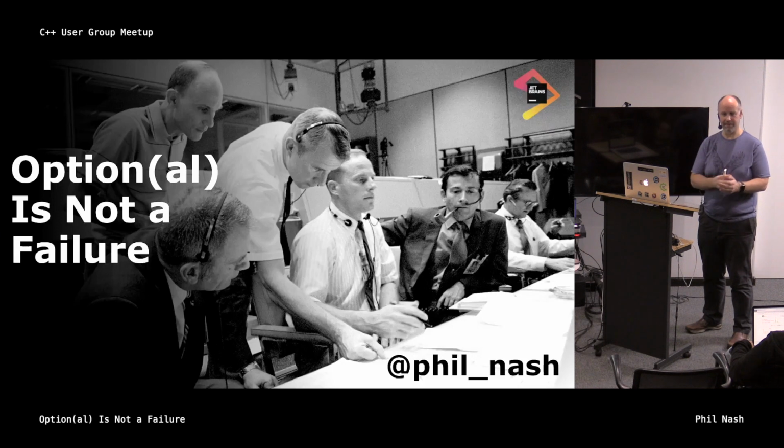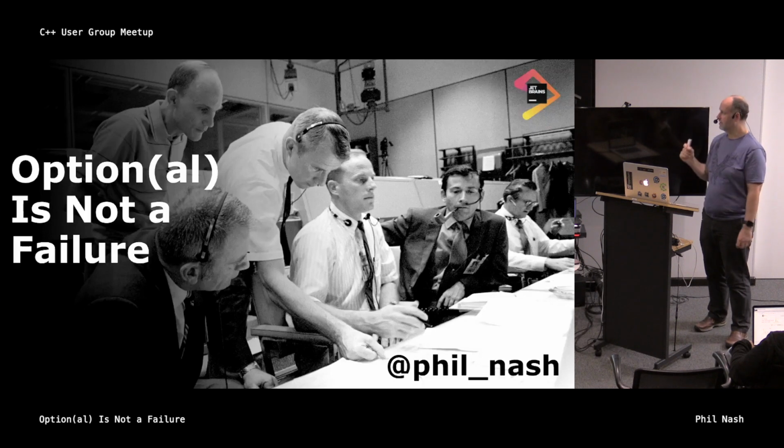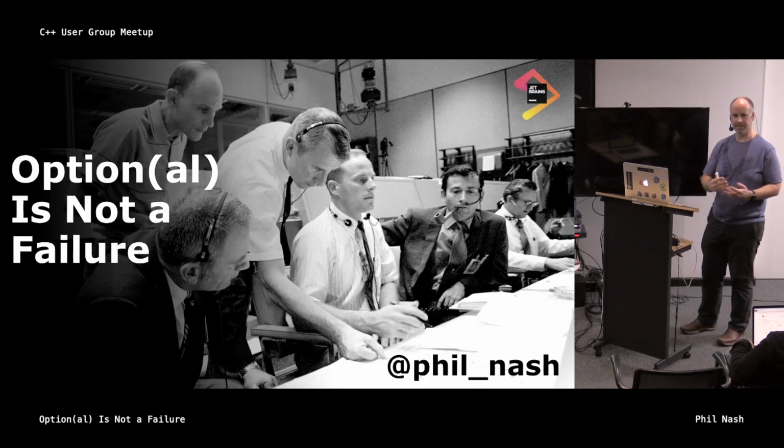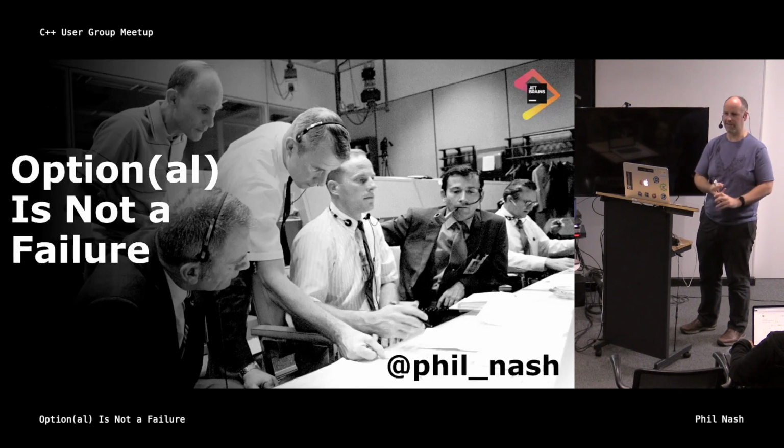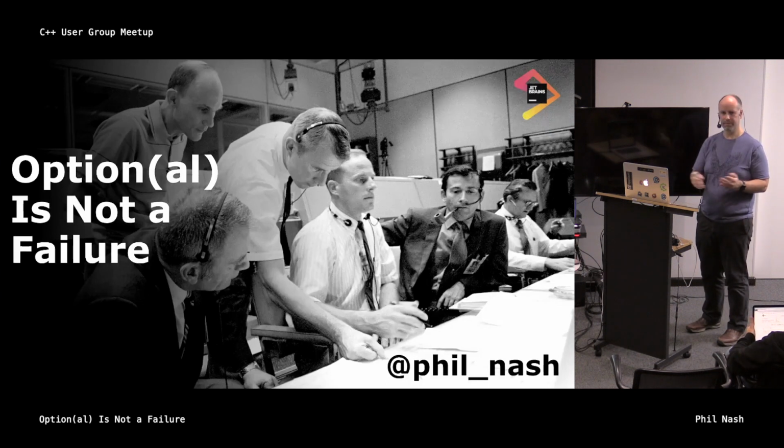Sometimes it is actually something we meet in our code, that something absolutely mustn't happen or should not happen. And we'll look at that a little bit more later. But the other play on words, and the reason I reversed it here, is because we now have the type optional in the language, or at least in the library. And some people do use that for error handling, or something that looks like error handling. So we're going to look a bit at that as well. In fact, we're going to look at the whole past, present, and future of error handling in C++ and weigh